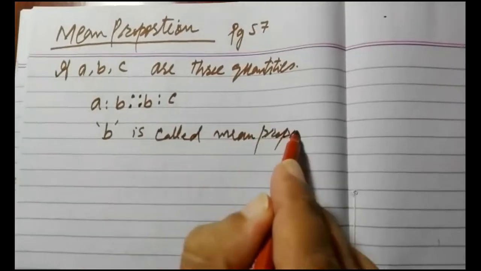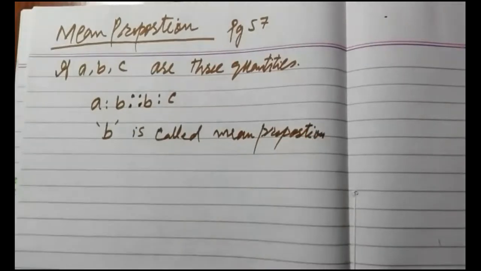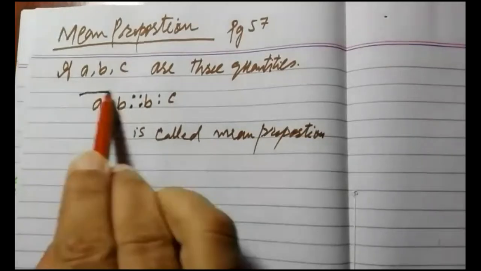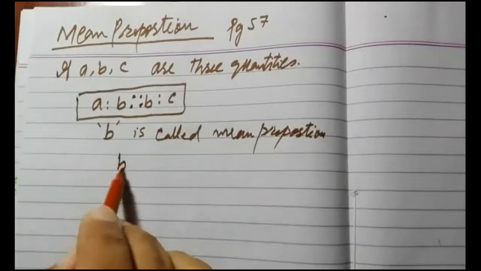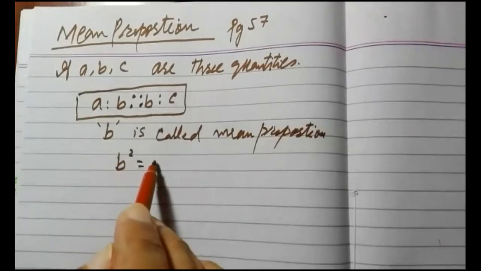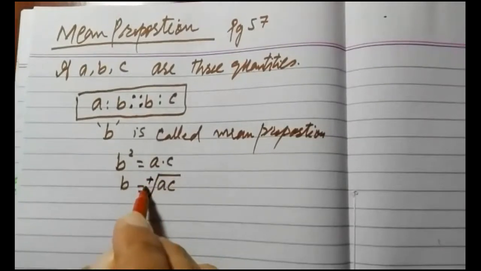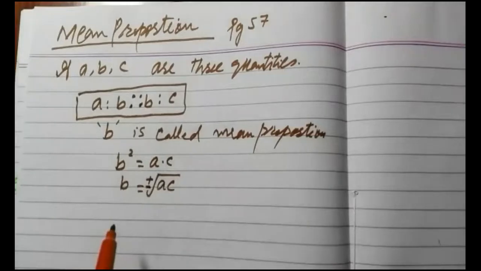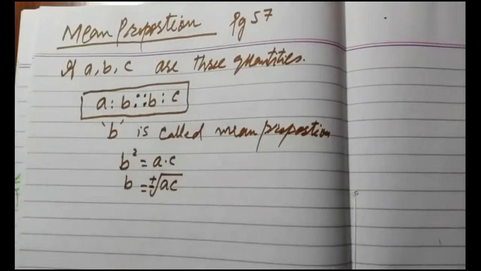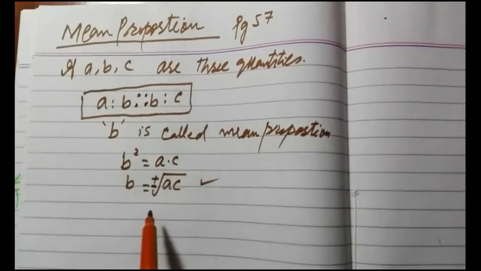If you want to find this value numerically, how can you derive it from this expression or from this box? It will be B into B, product of means is equal to product of extremes. And you will find B squared equals AC, so B is the square root of AC with a plus minus sign. So you will place a plus minus sign with the mean proportion value. For that purpose, you will take the radical sign, take the square root of the terms, and then evaluate.